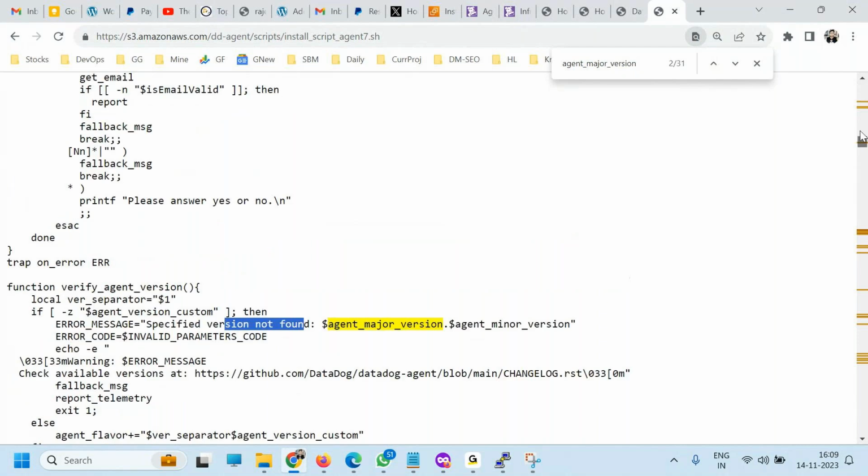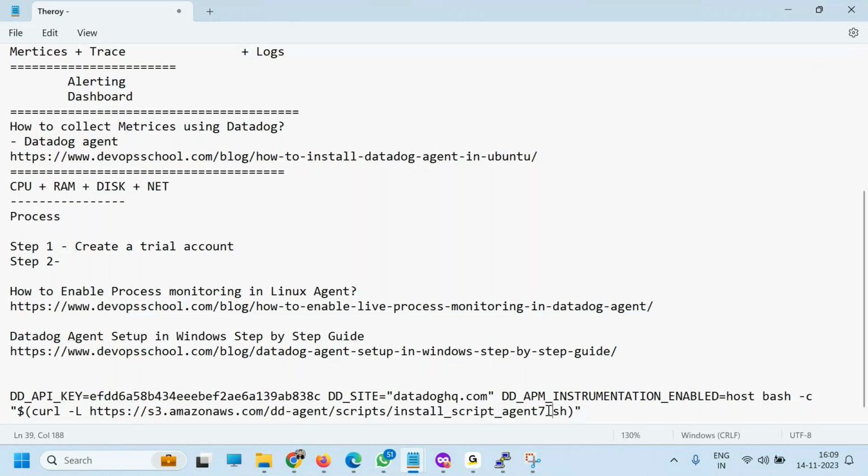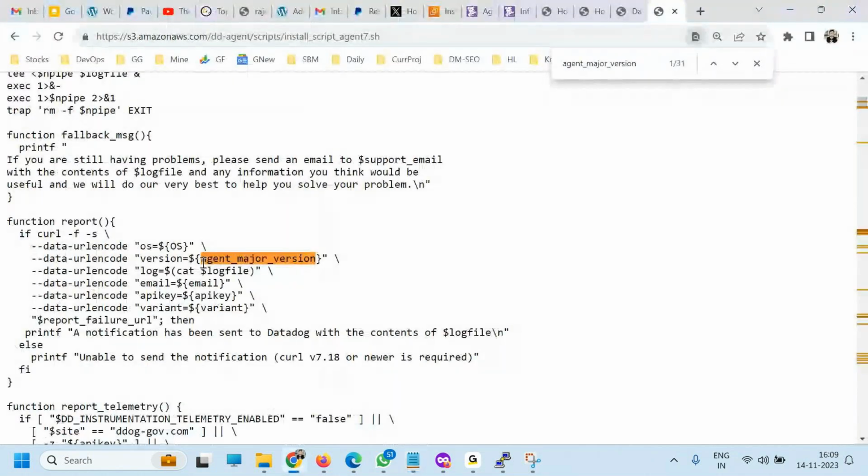Somewhere it is being called actually. Okay, here, got it. It's taking from the command line only. I was doubting. See here, this is the major version. So they are taking from that URL in the code.